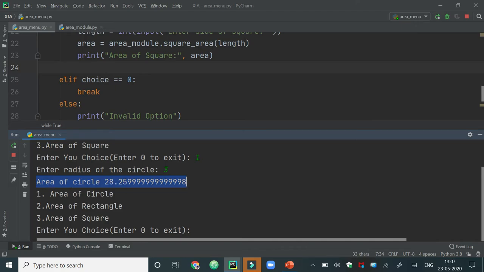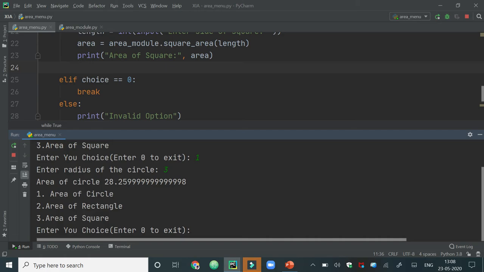After giving the answer, as we have put this program into a while True loop, the loop will not break till we enter 0, because we have provided the condition to break the loop as when the user's choice is 0, the control comes out of the loop. So here again the menu will appear and ask the user to enter another choice.